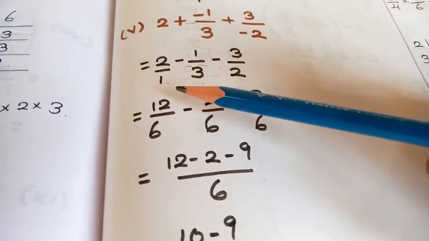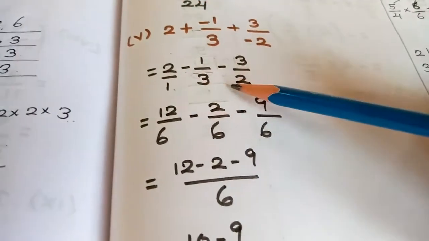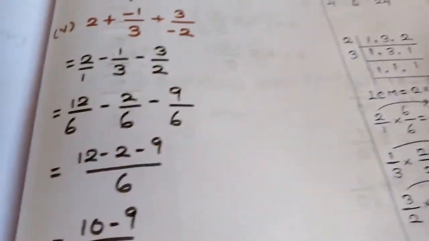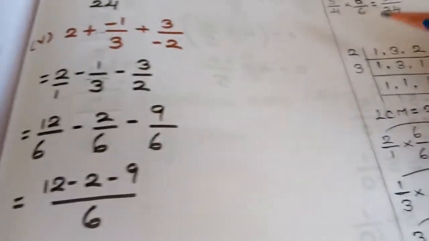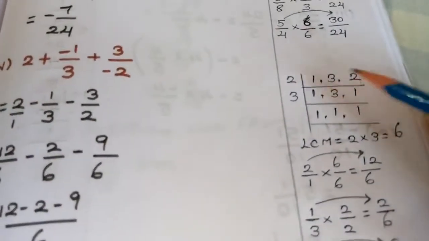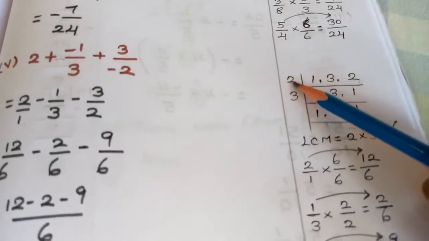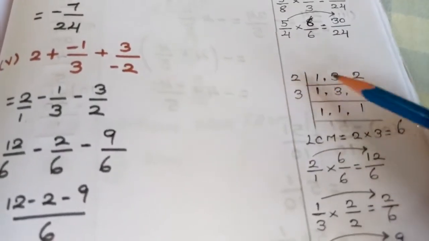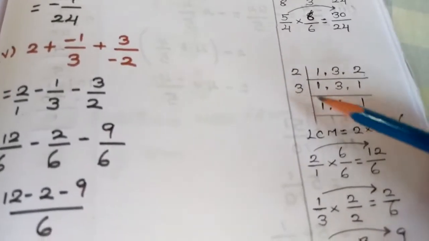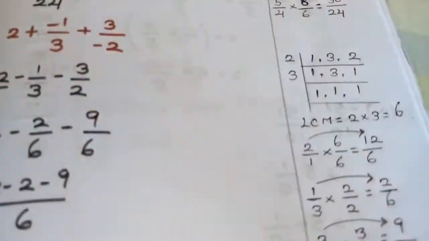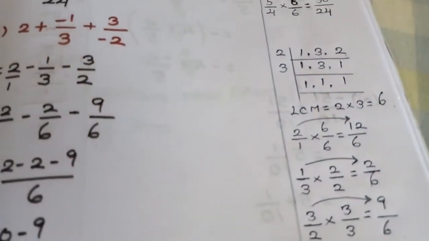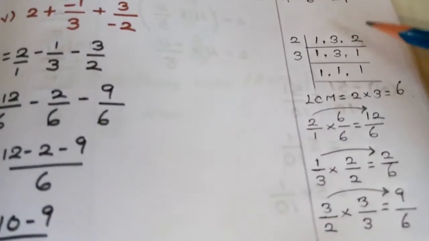Now check the denominator. The denominator values are different. So what I am going to do is, I am going to go for the rough work. I am going to take these values here, students. That is 1, 3, 2. Just take the values here. After taking the values, calculate. Just I am taking 2 table, 1, 3, 1. Again 3 table. All the values you are going to get it as 1. Then if you multiply, you are going to get the value as 6.